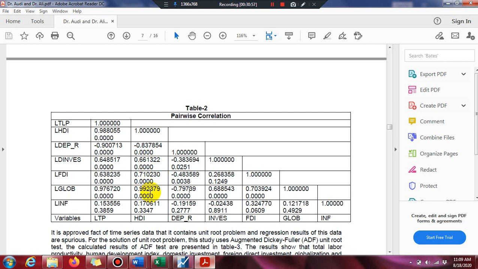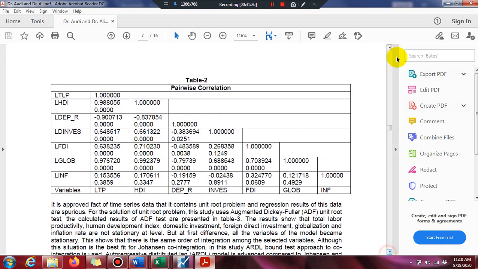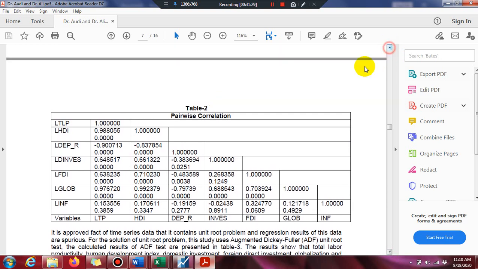Globalization has a very high correlation with the HDI, and the other selected variables do not have such a high correlation with one another. If you want to know how to remove multicollinearity, watch the separate multicollinearity video.